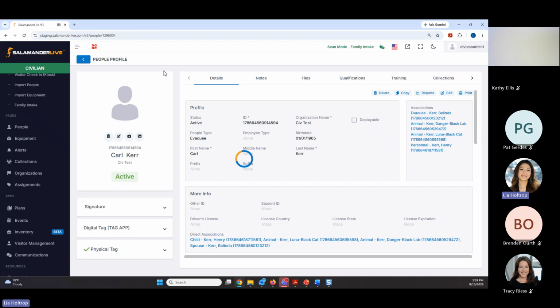So here's his record. You'll see down at the bottom is his direct associations. So you'll see everybody that's in here. You'll see there's his child and all his animals and then his spouse. And then up at the top there are indirect associations. So this is just basically anybody within that tree who's